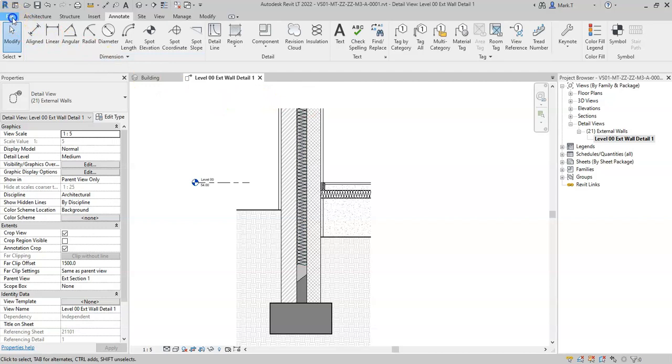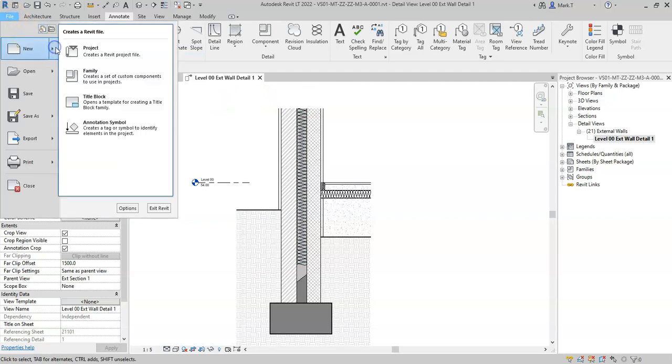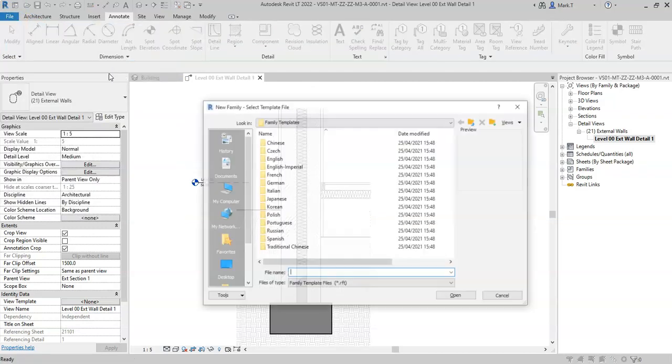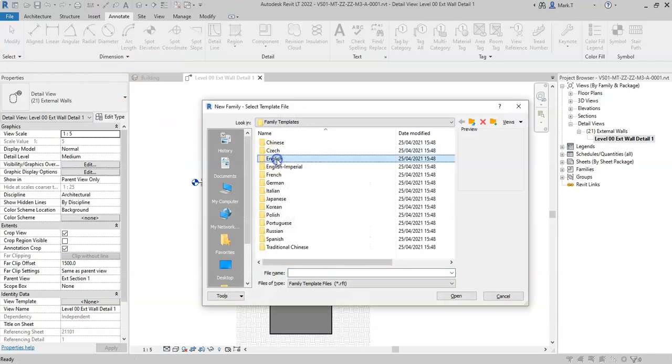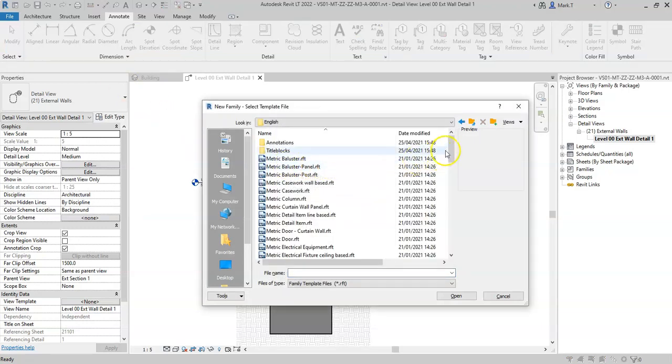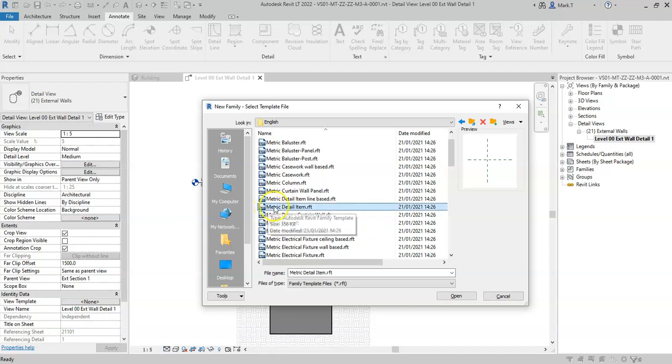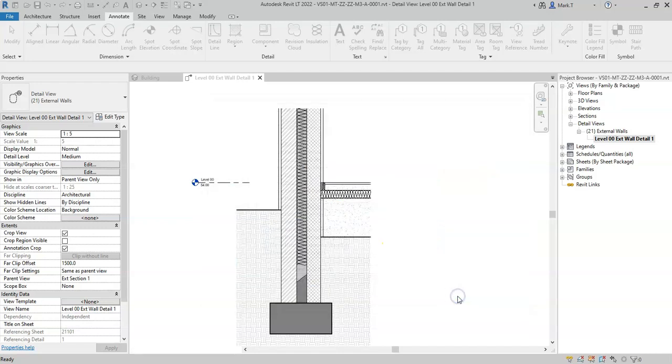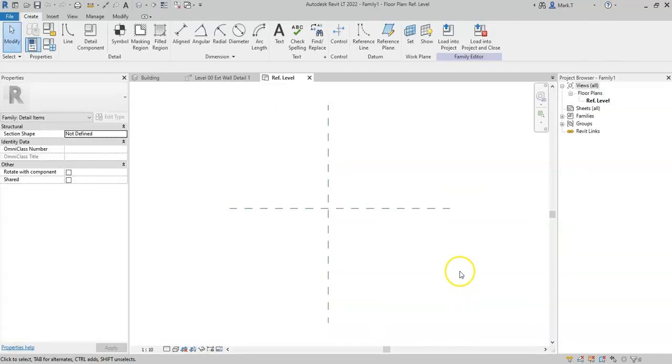I'll go to File, New, Family. I'll choose the English folder, and then it's very important that I select the correct template, in this case the metric detail item template. I'll then select Open, and this opens the